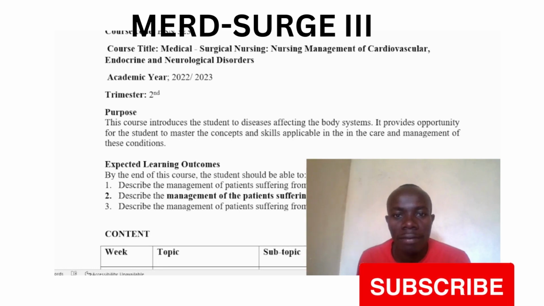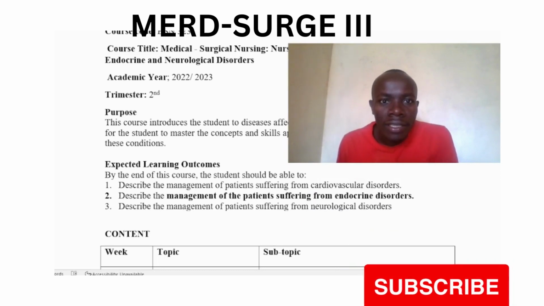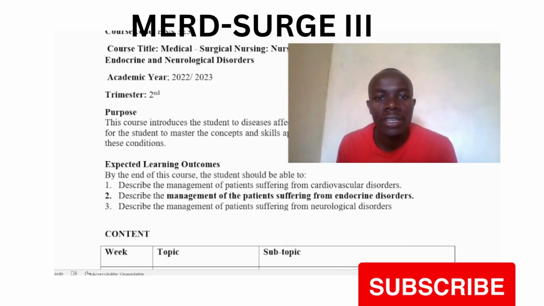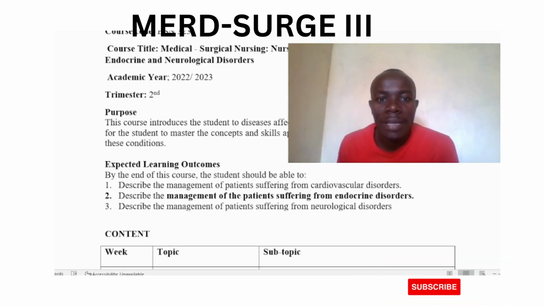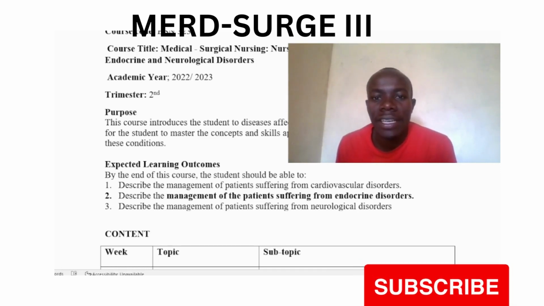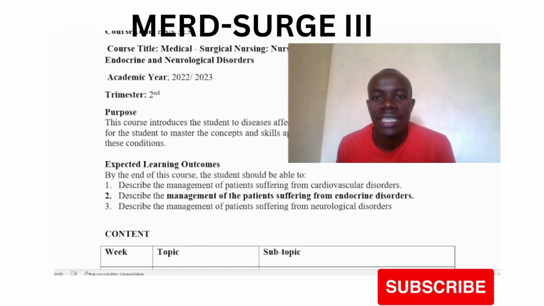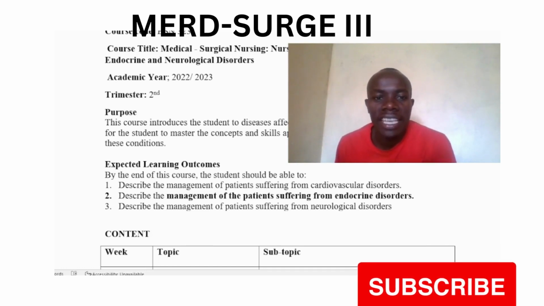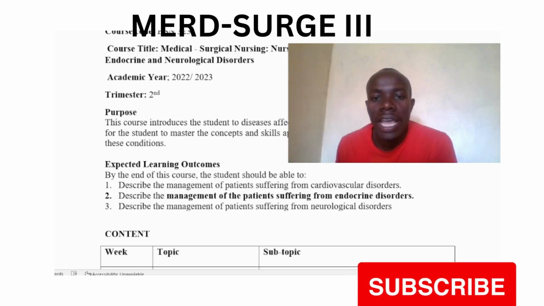The systems that we have listed, okay? Cardiovascular, neurological, and endocrine. So what will be the expected learning outcomes? We expect by the end of this unit, guys, you should be able to describe management of patients suffering from cardiovascular disorders in terms of clinical manifestation, the pathophysiology, the tests that need to be done, and the nursing care for that particular patient. We also expect you to be able to describe the management of patients suffering from endocrine